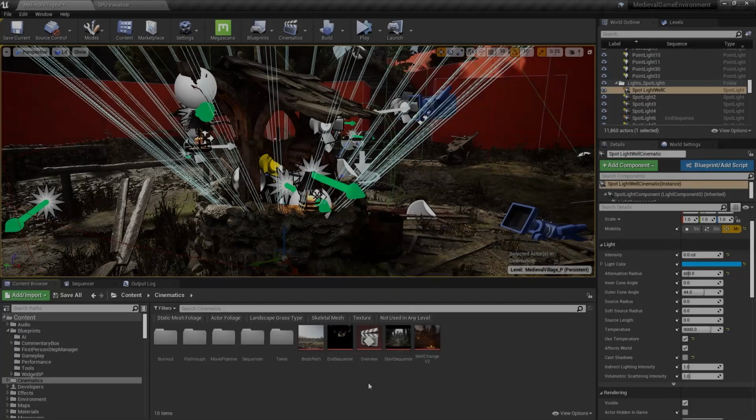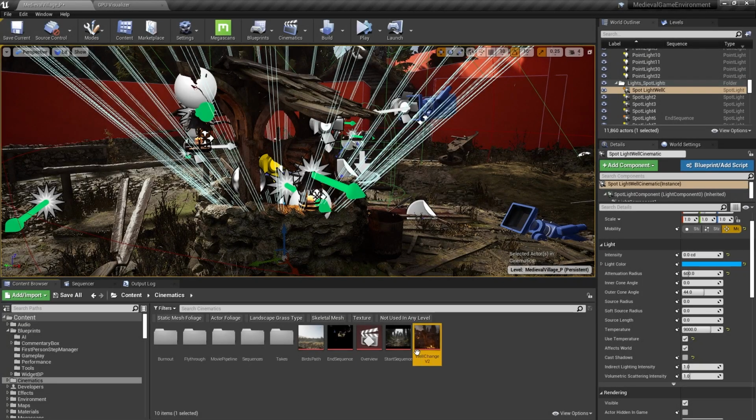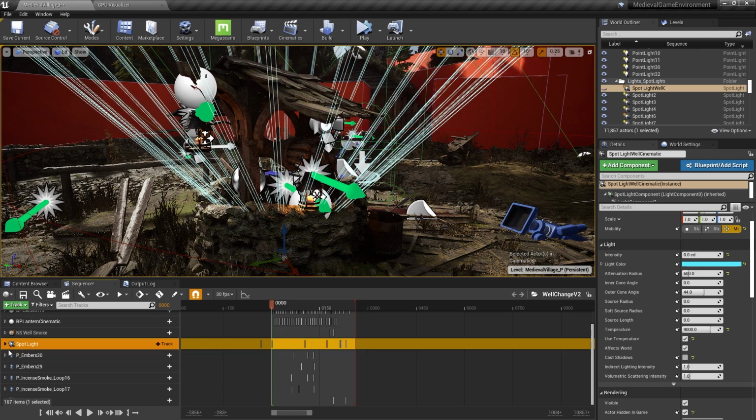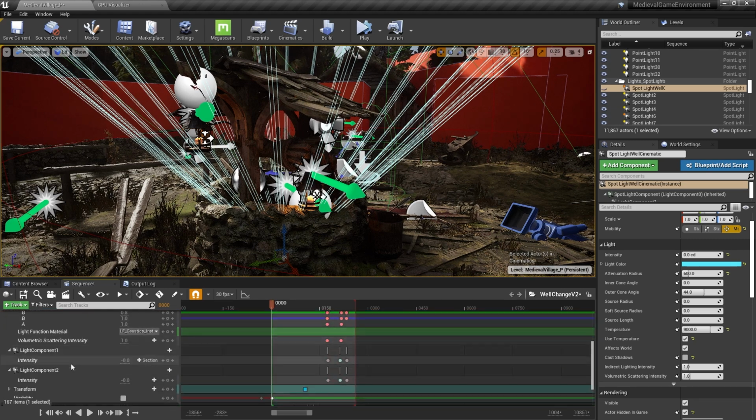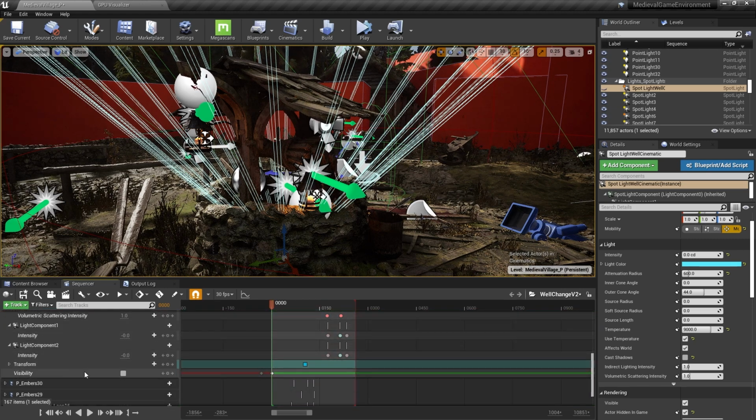Secondly, we've got this light here that's used in our end sequence cinematic moment. If you look, we're paying to render the light, but look here, the intensity is 0. This one's easy. I just went into the sequence for that end moment and added a visibility track to turn on the light before we ramped it up and set the light's default visibility and hidden in-game to off.